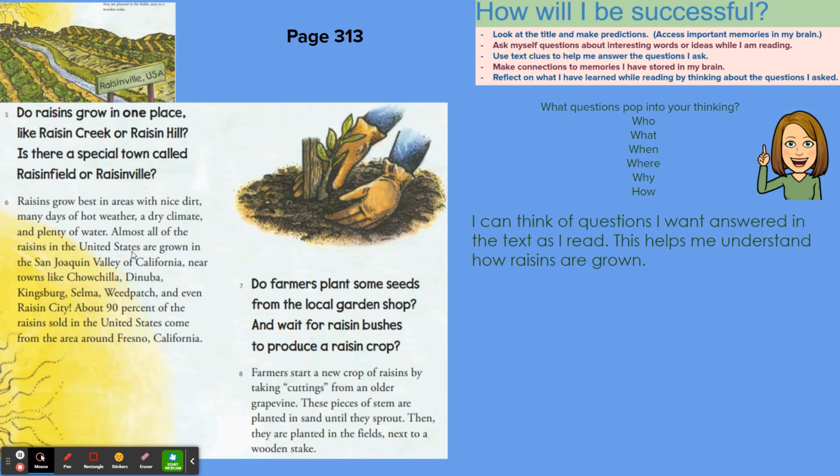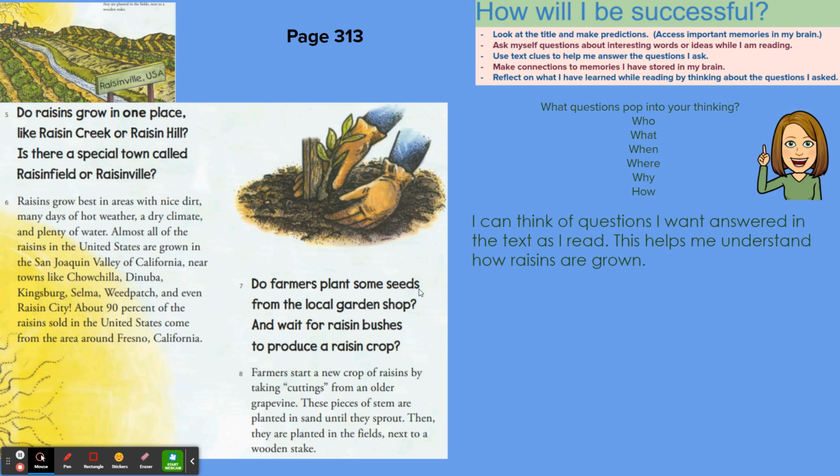Almost all of the raisins in the United States are grown in San Joaquin Valley of California, near towns like Chowchilla, Dinuba, Kingsburg, Selma, Weed Patch, and even Raisin City. About 90% of the raisins sold in the United States come from the area around Fresno, California.